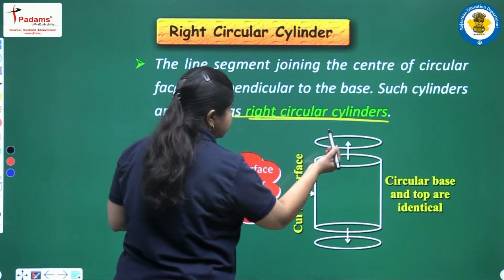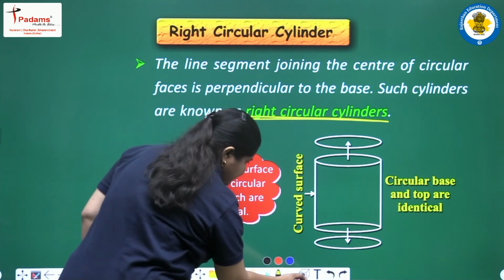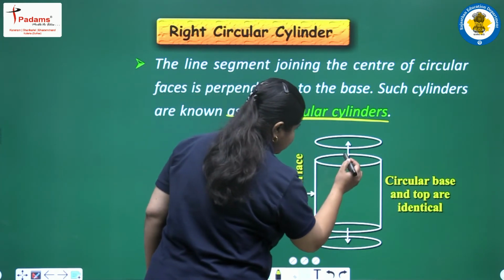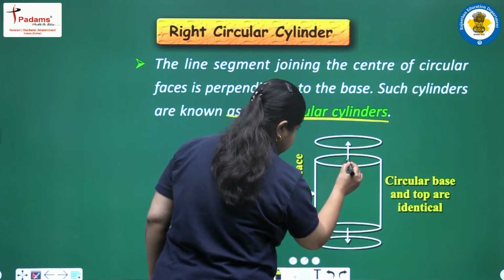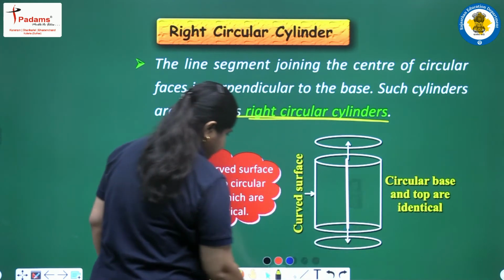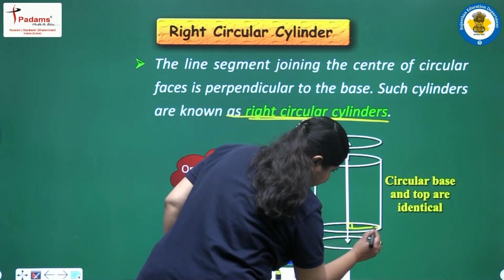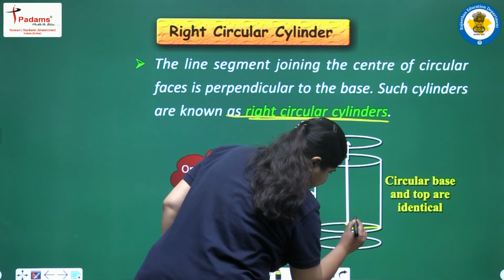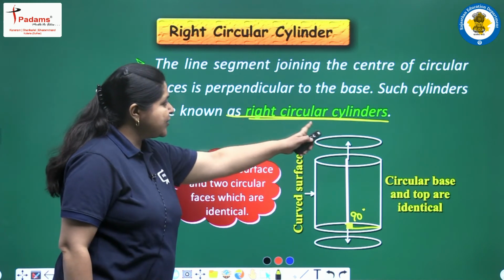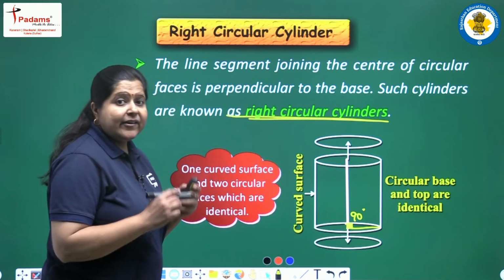अगर हम यहाँ पर join करें centers को, एक बार join करते हैं, चलिए। We join the centers of the two faces, one at the top and one at the bottom. इनके centers को अगर हम इस तरह से join करें तो आप क्या देखते हैं? It is perpendicular to the base. ये जो बेस है इससे ये 90 डिग्री एंगल बन रहा है यहाँ पर बेस के साथ। This angle is 90 degrees. Perpendicular means an angle of 90 degrees, and such cylinders are known as right circular cylinders. राइट मतलब ये एंगल 90 डिग्री है और टॉप और बॉटम पे सर्कल्स हैं, राइट सर्कुलर सिलेंडर।